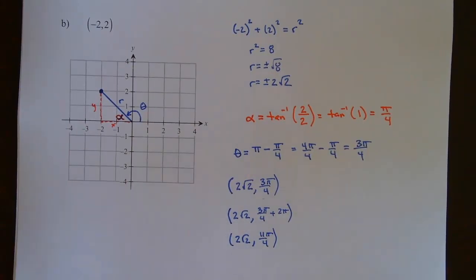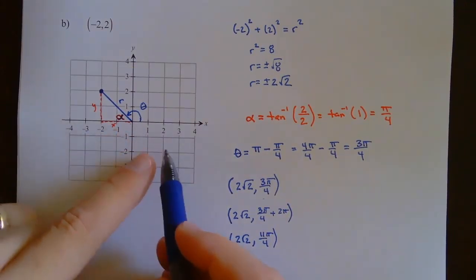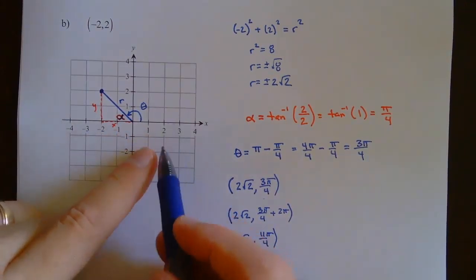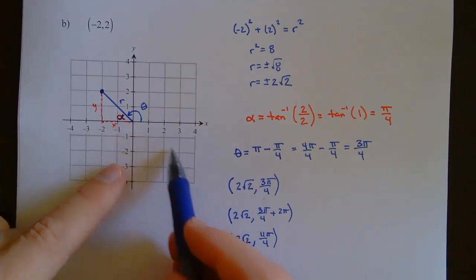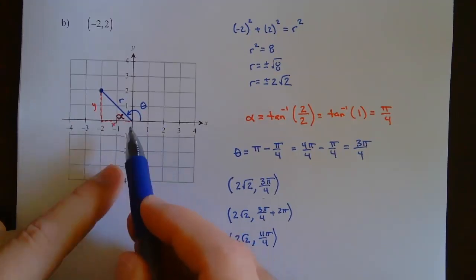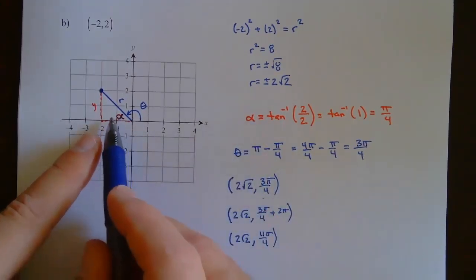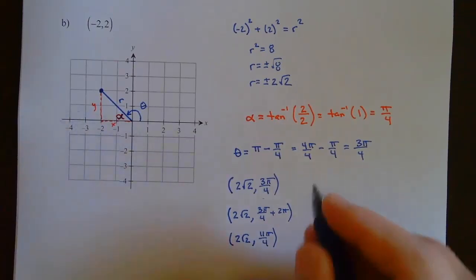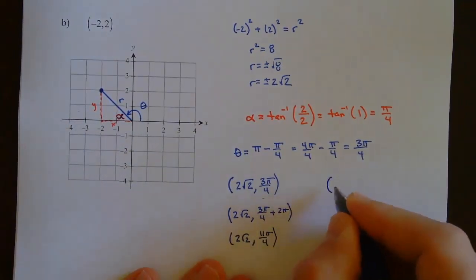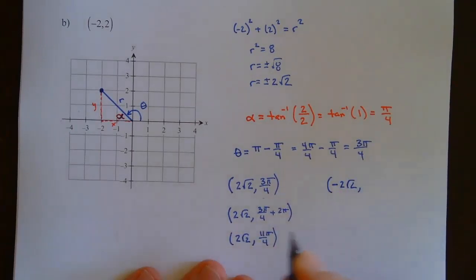Okay, how about if we do a negative radius? That would mean I'd have to rotate down this way, and you could do vertical angles here. So this angle would be negative pi over 4. We could use this to get the negative angle and then just go in the opposite direction, okay? So we could write this as negative 2 square roots of 2, comma,